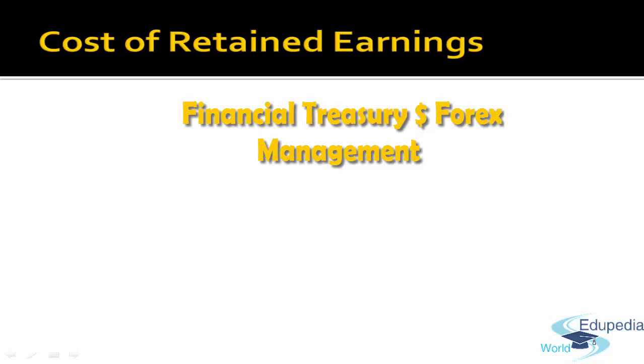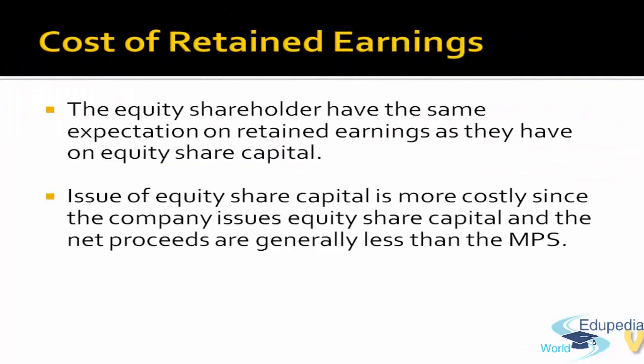This is because equity shares are issued into the business, so there are some net proceeds which we take as the denominator. Since the retained earnings are not issued, they are from the company, in the computation of KRE we take the market value of the share as denominator. So the method of computing cost of retained earnings is the same as the way we computed cost of equity. Now there are various models.